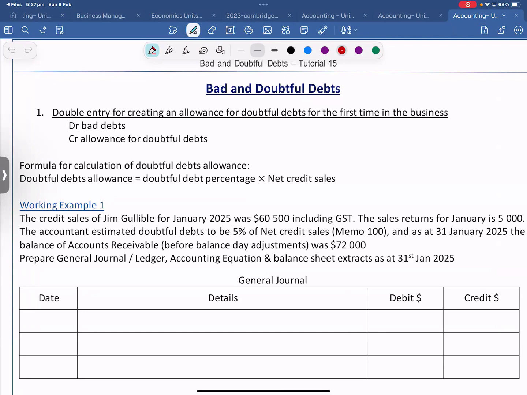All right. Now that's, guys, doubtful debt. For the doubtful debt, what are we going to do? We are going to provide, right, for the future bad debts. That's what we call doubtful debts. All of these entries are going to be relating to that. So for the doubtful debt, and then if you ask me,